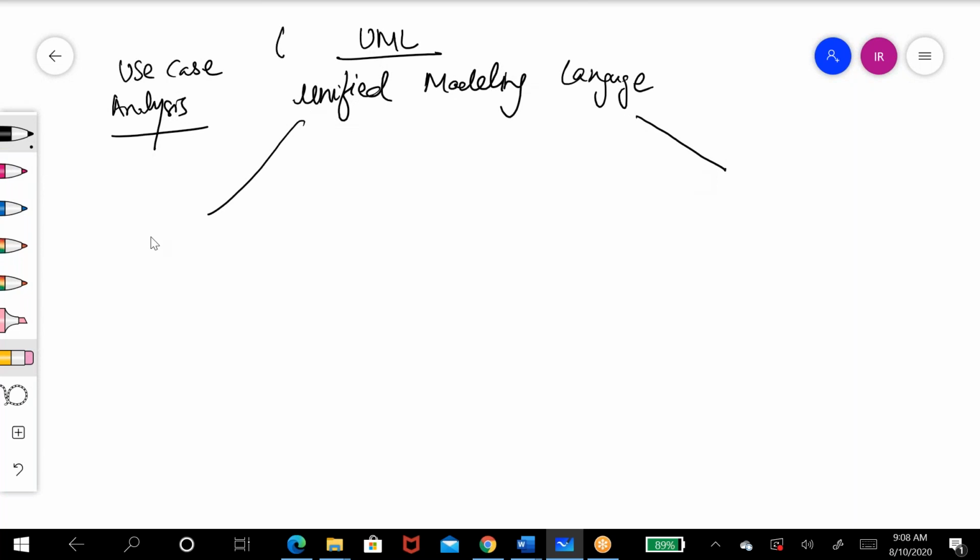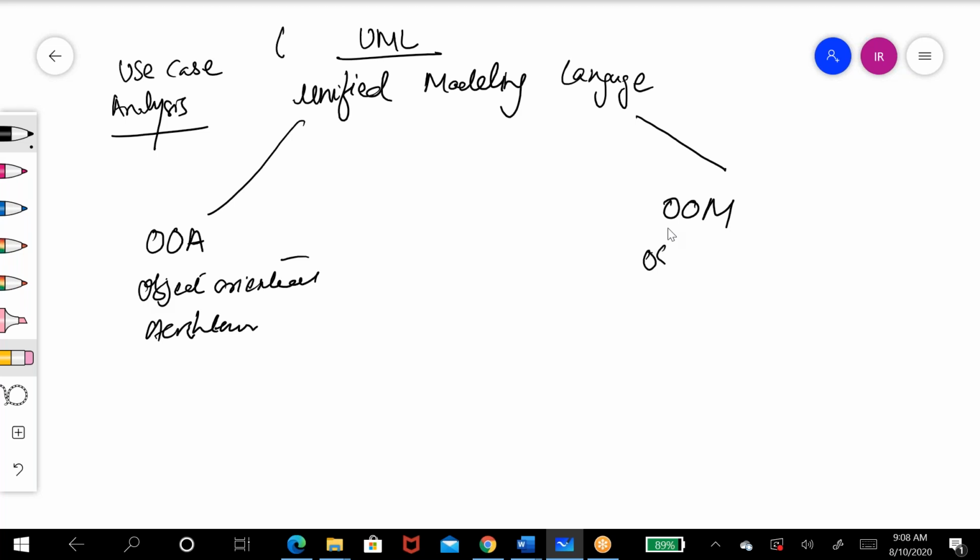This UML is made of two things, OOA and OOM. OOA is your object oriented architecture, and OOM is your object oriented modeling. So that means the software,